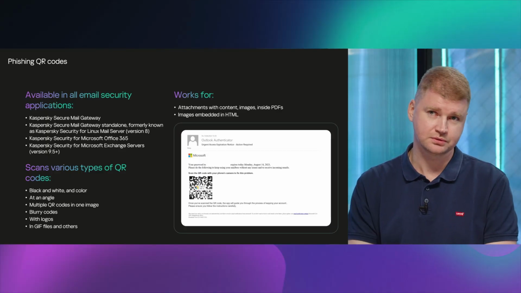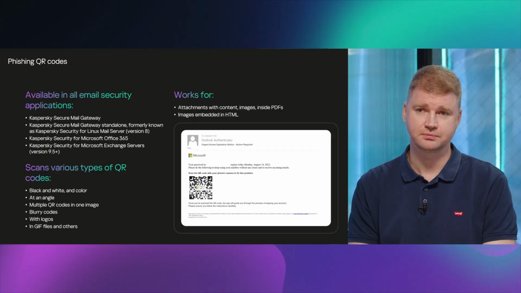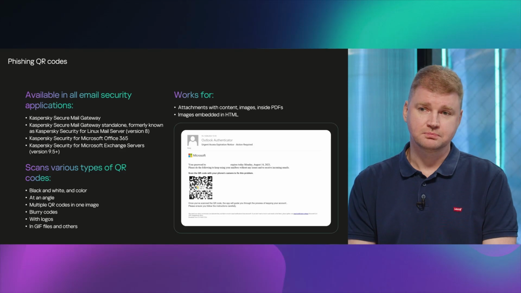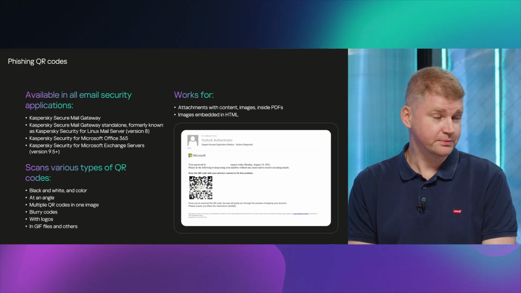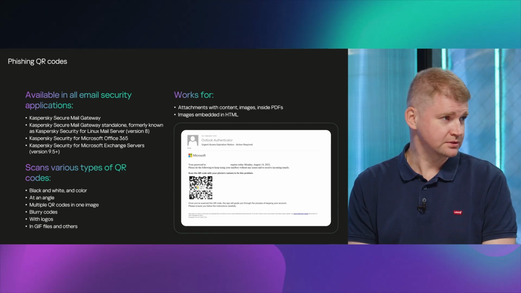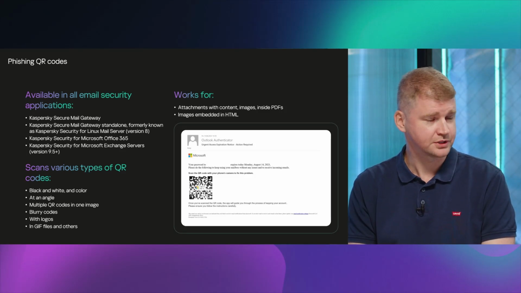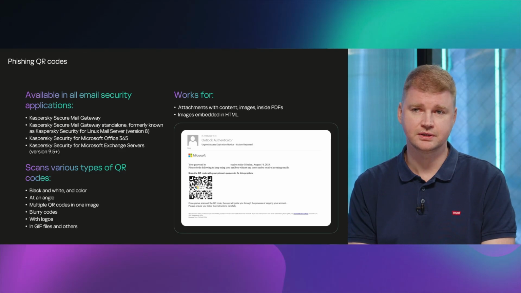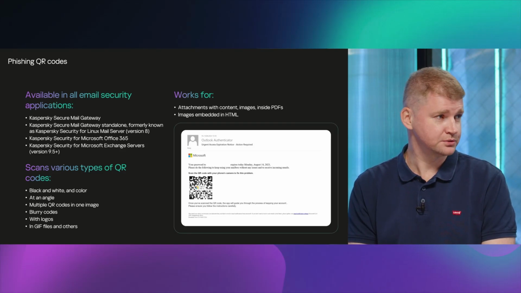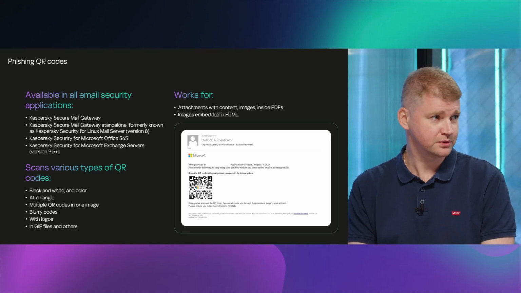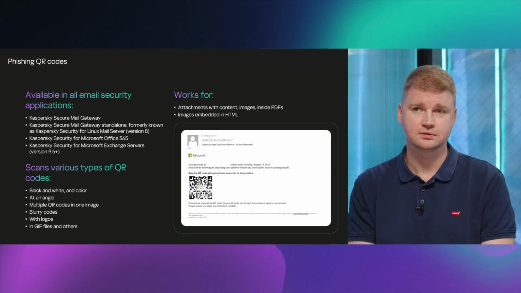Right. Just to say a few words about QR codes that Anna mentioned as well. Attackers use QR codes in emails to bypass traditional security or URL filters in email security solutions, hoping that users will open these QR codes with a mobile phone and land on a phishing website.